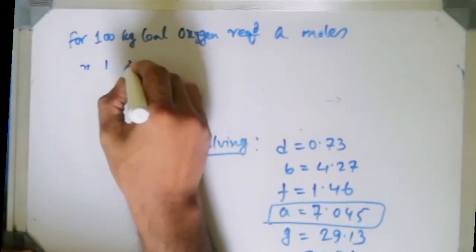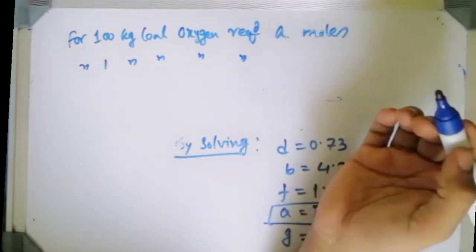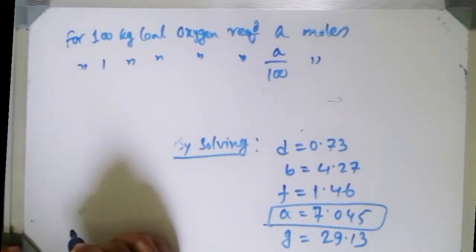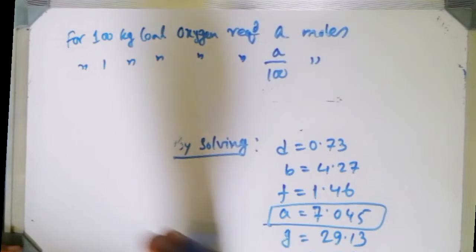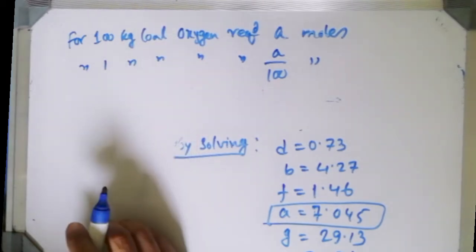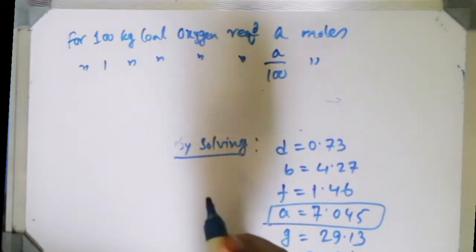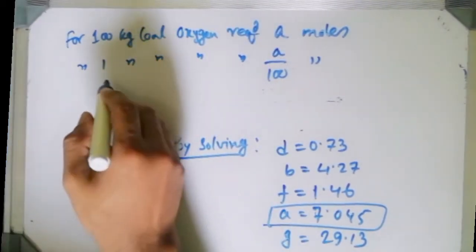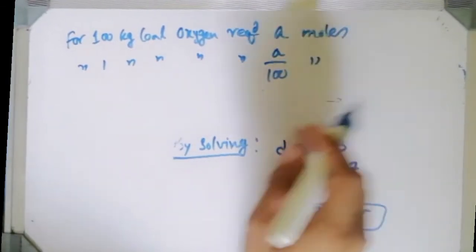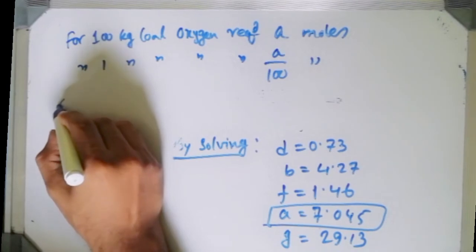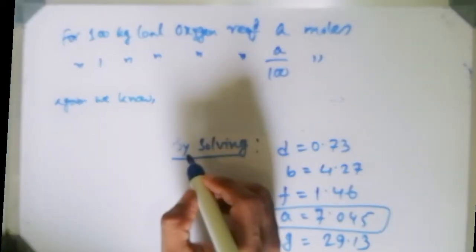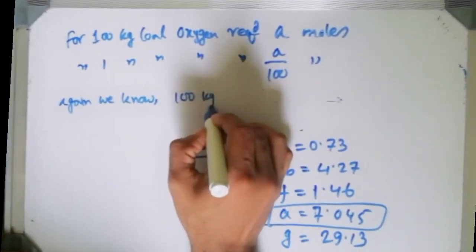And we know that in air, 23.2 kg of oxygen is available by mass, isn't it? So I can say that if this 1 kg of coal is burned with the help of this mole of oxygen, then we know that 100 kg of air contains 23.2 kg of oxygen.